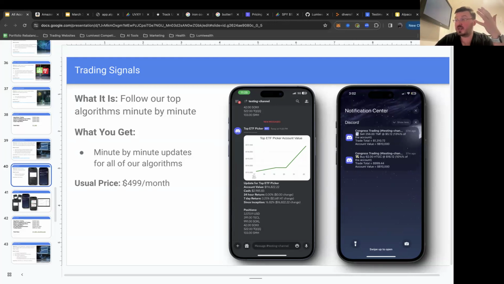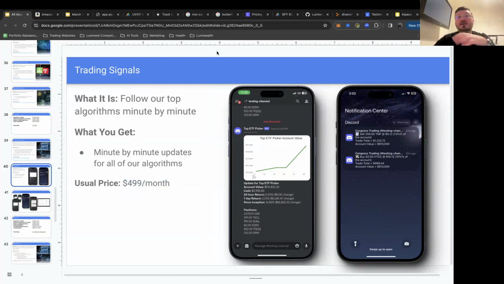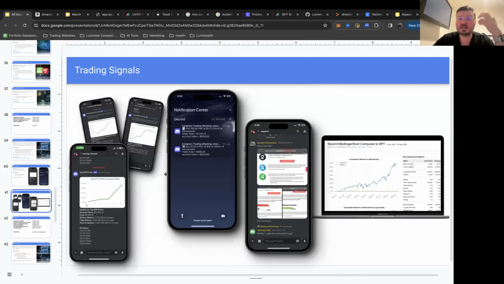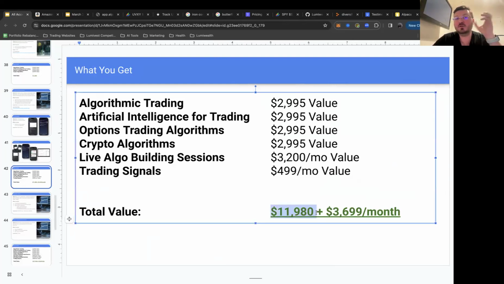We're going to give you 100, and we're going to give you ones that probably perform even better than what they have, with more data to back it up, right? So usually if you want to buy something like this, you'll probably pay $499 a month, but you don't have to pay that. You can get that included as part of the all access plan as well, right? This is kind of what it looks like. You can see here on your phone. You get notifications to your phone, so you'll know when everything's trading and what it's doing and all that sort of thing. Yeah. So if you add all that up, that works out to being about $11,980